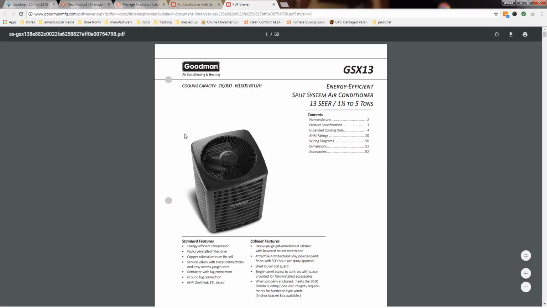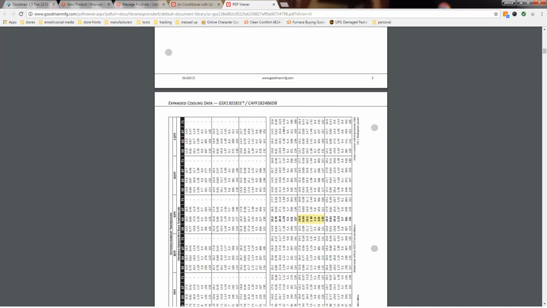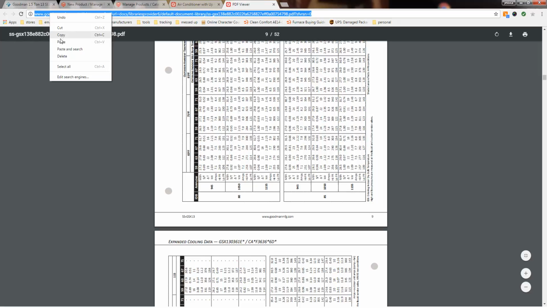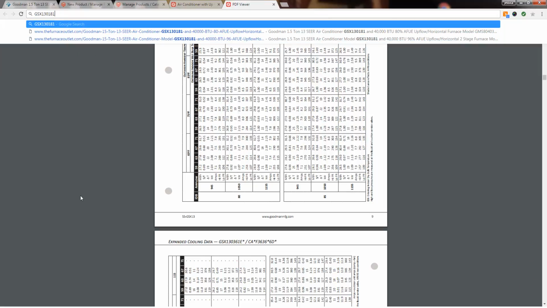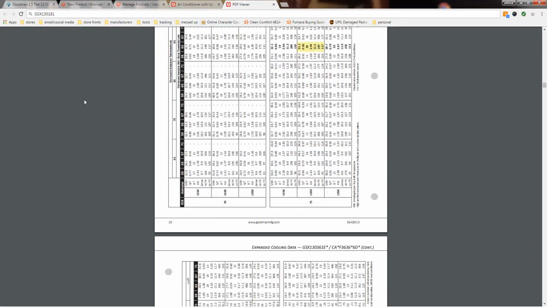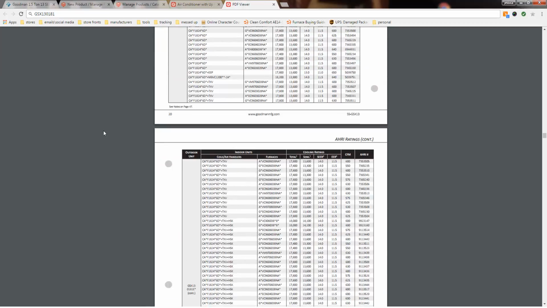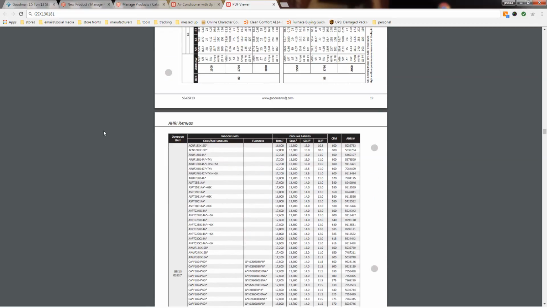Once here, you need to scroll down to the AHRI matchups. So scroll all the way down until you find your model number. Sometimes it does help if you add your model number to the top of the website to use as a reference. Scroll down until you find the matchups. Oh, here we go. And then you're going to look for your